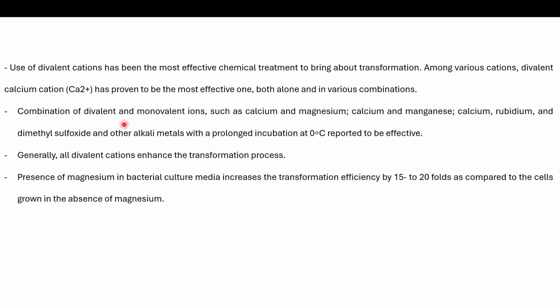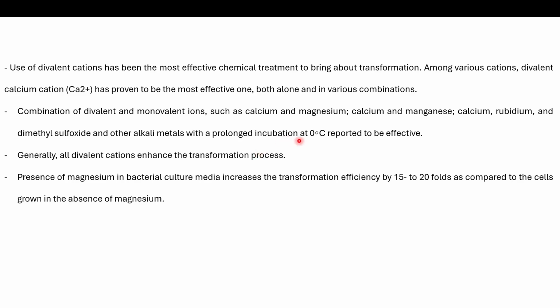Now, combinations of divalent and monovalent ions like calcium and manganese, calcium and rubidium, then DMSO or dimethyl sulfoxide, and various other alkaline metals, where we incubate after treating the cells. If you put the cell suspension in a solution containing salts of these ions, calcium, magnesium, manganese, rubidium, and incubate this at 0 degrees, or actually on ice, these different combinations have proven to be effective in making the cells